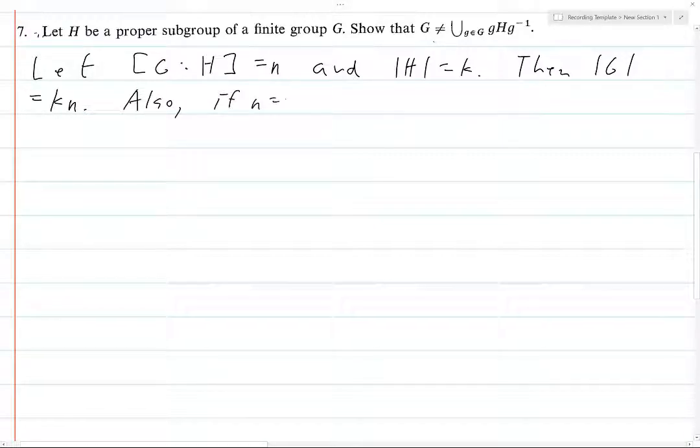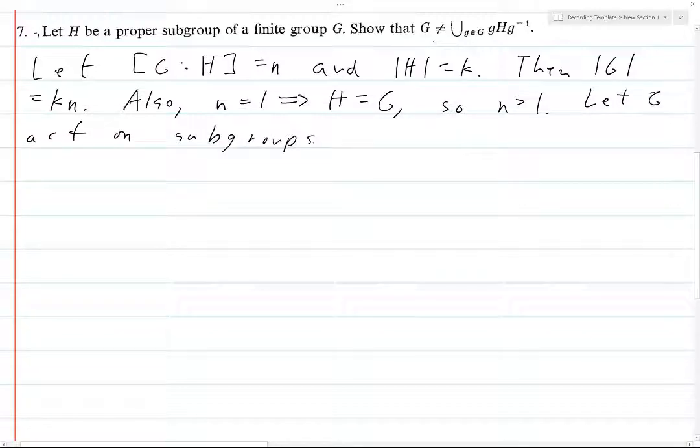Also, n equals 1 would imply that H equals G, so n is strictly greater than 1 because H is a proper subgroup. Let G act on